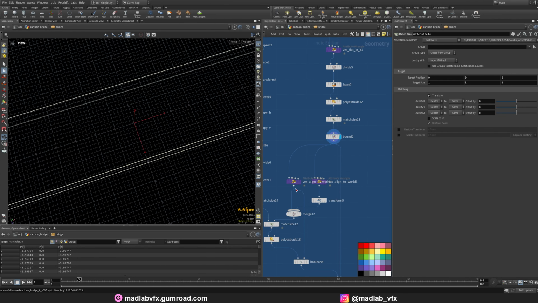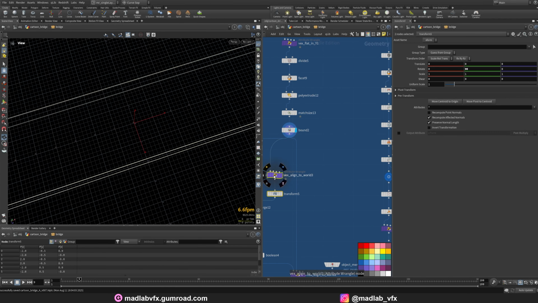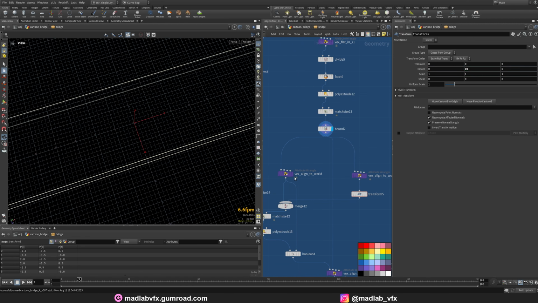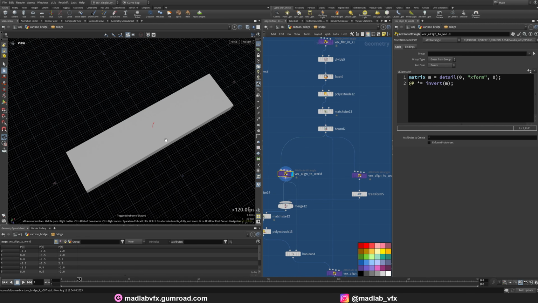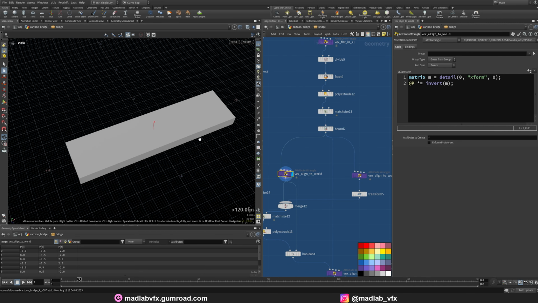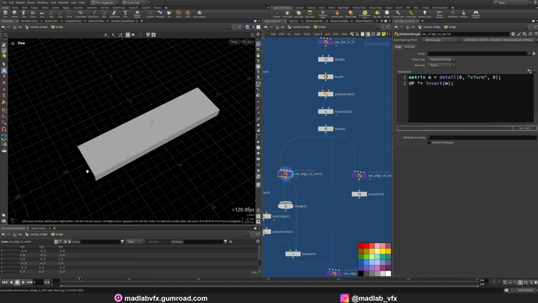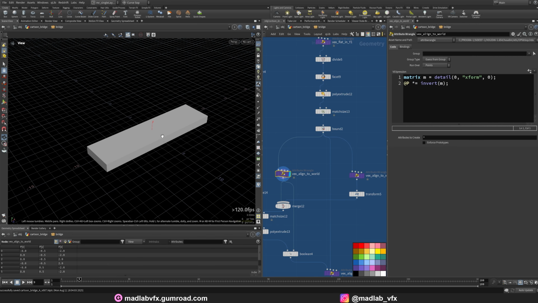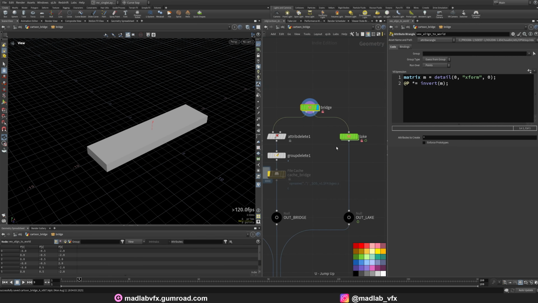Here, this bounding. I use some VEX here. You can explore this VEX later. Just for example, if I want to create this line, not aligned to the X or Z position, I need this VEX here just to understand the rotation of the line. For example,